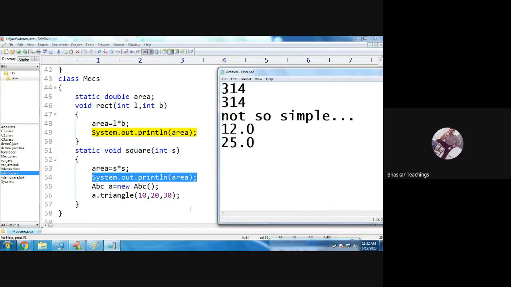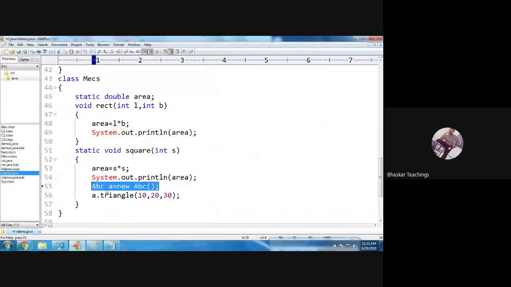Now here is the confusing part. In the next line I have an object creation for ABC. This is somewhat interesting: we are in the class MECS, inside the method square, and inside that we are creating an object for the ABC class. Is that possible?